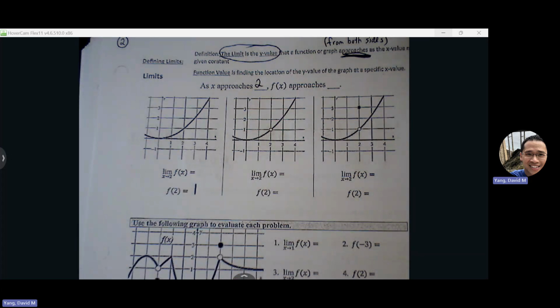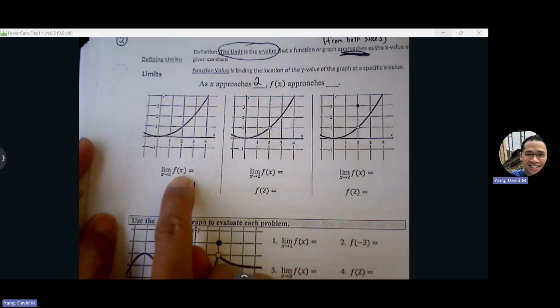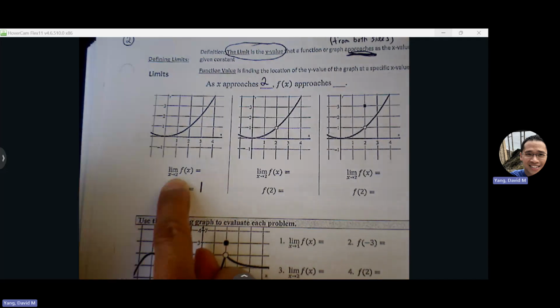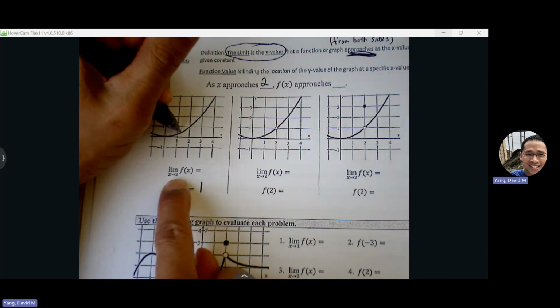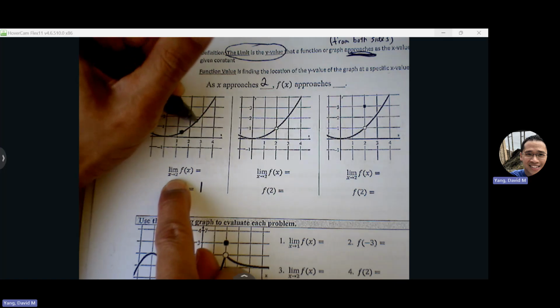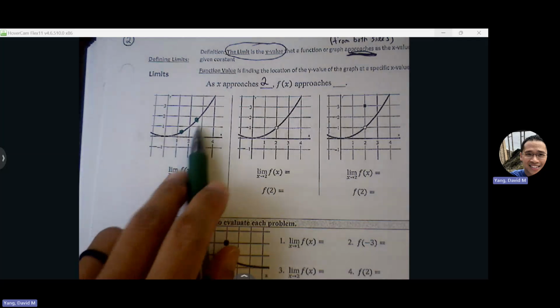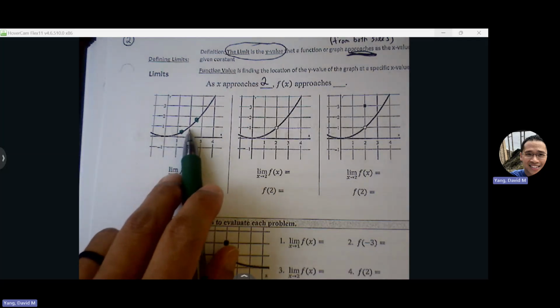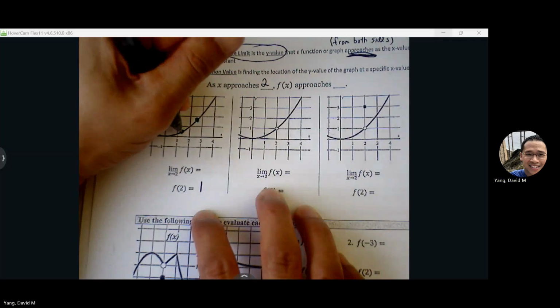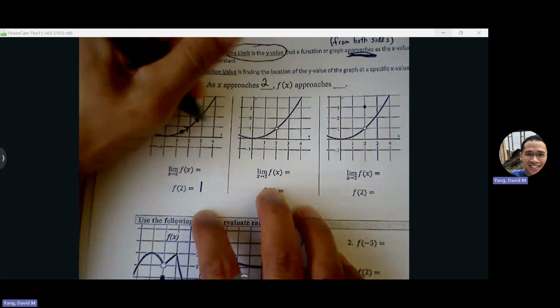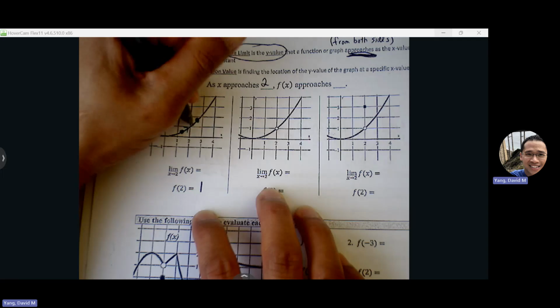So I like to do this because I think this is a nice visual way of seeing what's happening. Anytime you see a limit approaching a number, pick 2 points on either side of that target, relatively close. Doesn't matter where, as long as you pick points that are relatively close to 2. I'm just picking points along the graph, and I'm going to draw an arrow towards 2 along the path of the graph. So here, I'll draw the arrow up. From this point, I'll draw the arrow down.